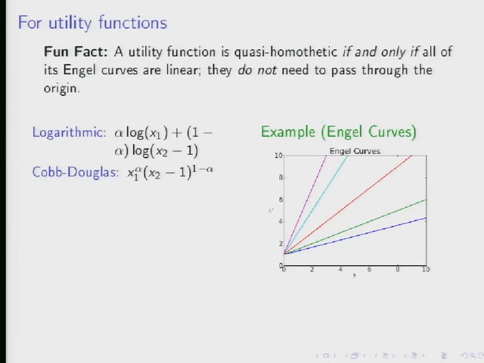You can verify that they're quasi-homothetic yourself. There's no monotonic transformation of this or this that gives you a homogeneous function. But it gives you something that's homogeneous if you subtract a constant or add a constant to it. Okay, so the property we're after here is that if a utility function is quasi-homothetic, its Engel curves are linear,